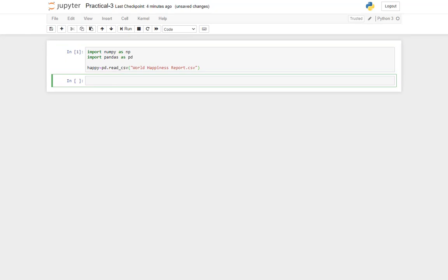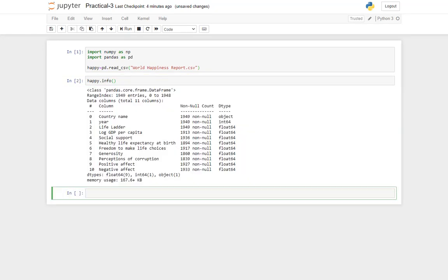Then if I want to find out what all the columns are and what the data types are, or how many columns my data set has, the function is .info. So if you observe, these are all my column names.